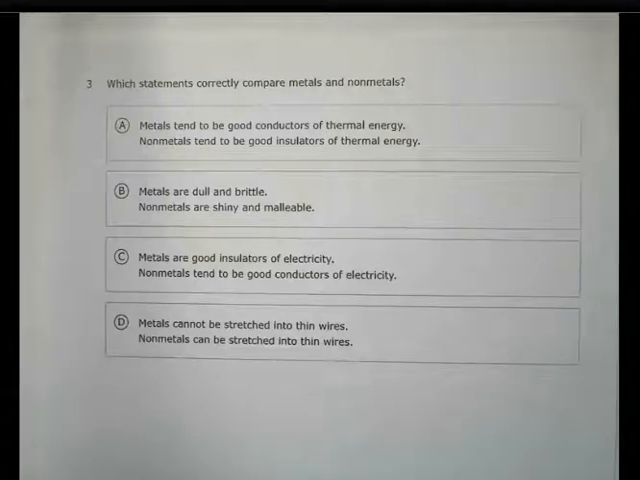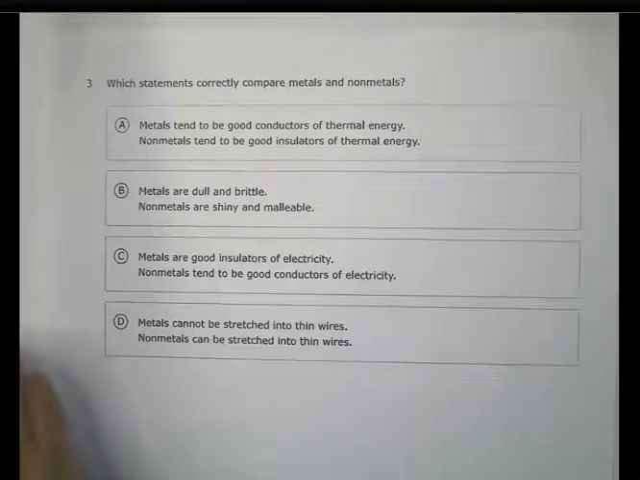Hello guys. So now we're starting with question number 3. And question number 3 says, which statement correctly compares metals and non-metals? So if we remember when we talked about metals, non-metals, and metalloids, and again, just for time purposes, I'm going